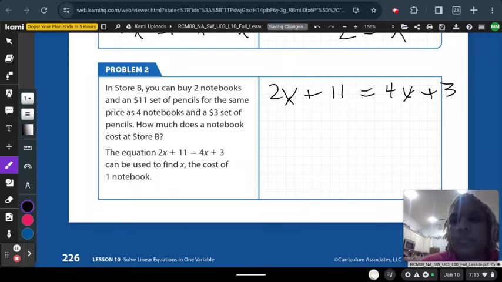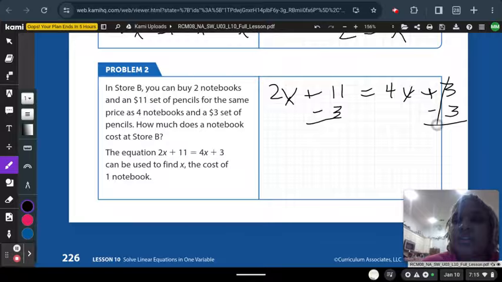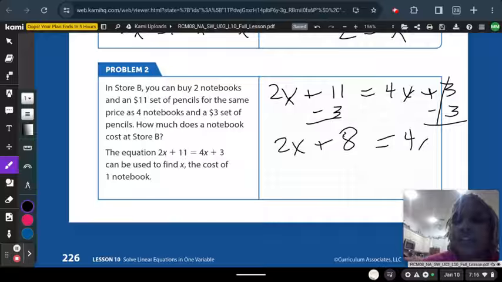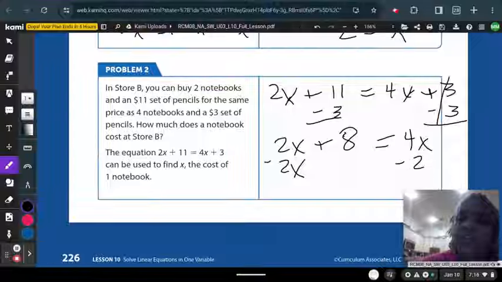All right, we want to subtract 3 on both sides because my larger constant is over here. This cancels, and I'm left with 2x plus 8 equals 4x. And then I want to subtract my